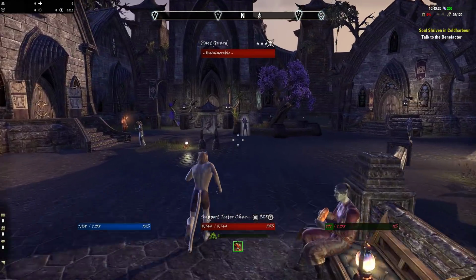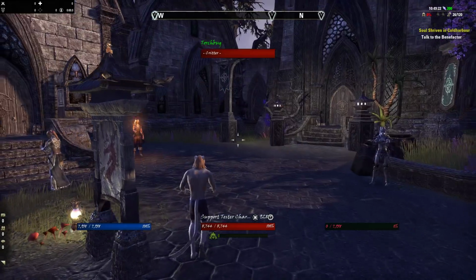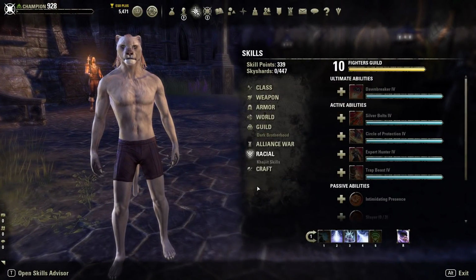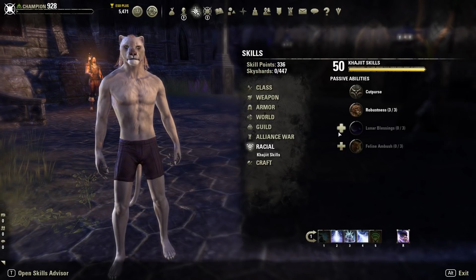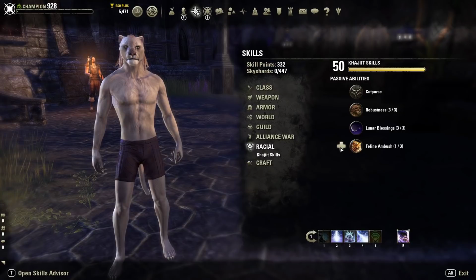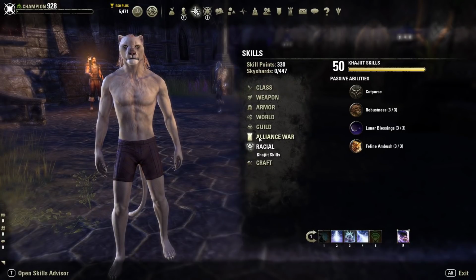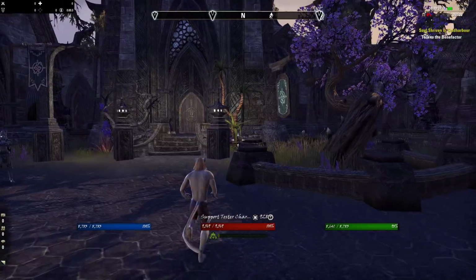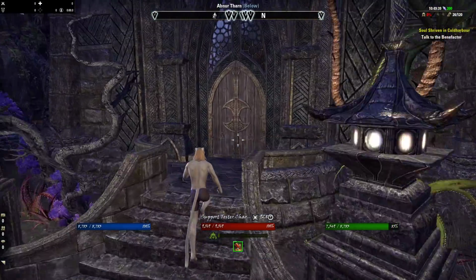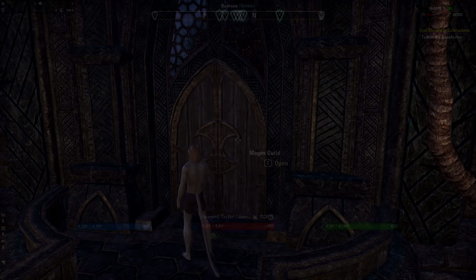Now, what I do when I'm progressing my character also is I'm also going to unlock my racial skills, so I can get those out of the way as I'm progressing. And then I will also work on unlocking alliance. I'll do that in a second, but the Mages Guild's quests are always gotten from the